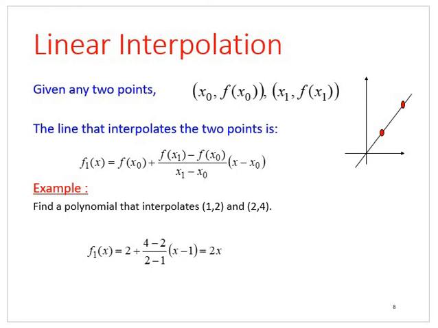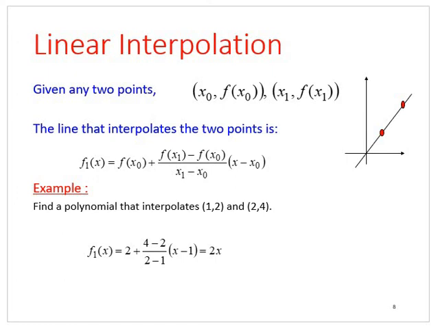So this is the gradient of the line, and then x minus x naught, and this is your y. So technically, you are using the equation of a line where the gradient of a line is given by f of x1 minus f of x naught over x1 minus x naught. So the first polynomial that interpolates 1, 2, and 2, 4. So if you are given these 2 points, the first polynomial that